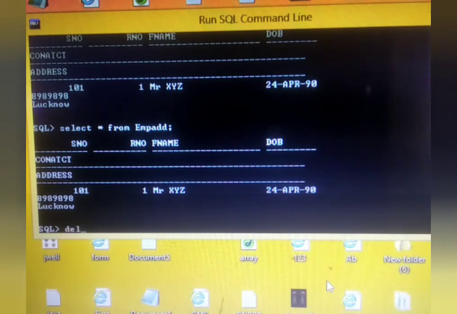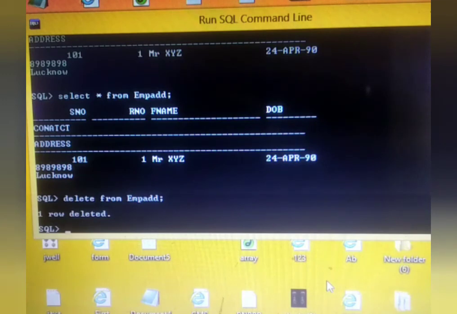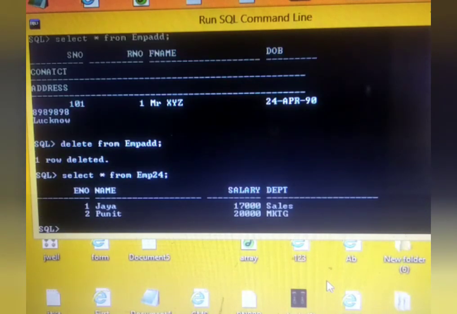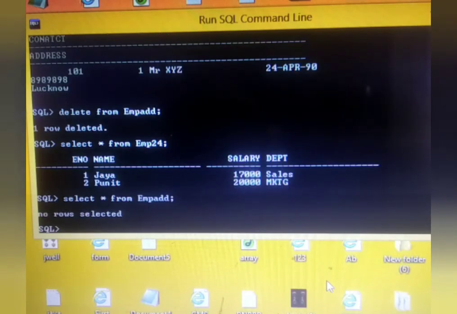So let's see, delete from EMP add. Let's see both the tables. Select asterisk from EMP24. It is having the record. And if I write select asterisk from EMP add, it has no record.